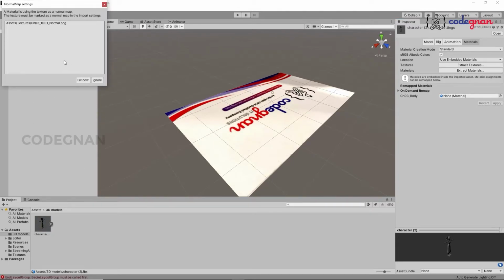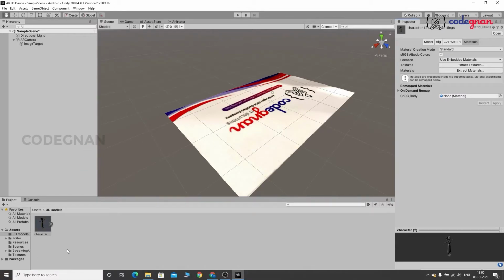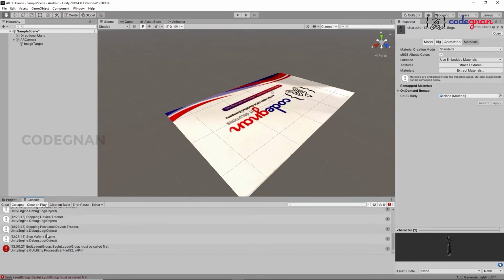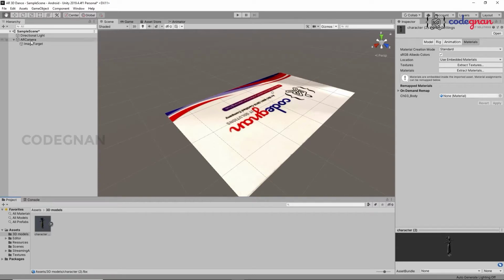Yeah, textures are imported, and if I get any errors, click on fix now. Those errors will be removed. Yeah, it's done. If you have any errors in the console window, just clear them. It was not a problem for us.